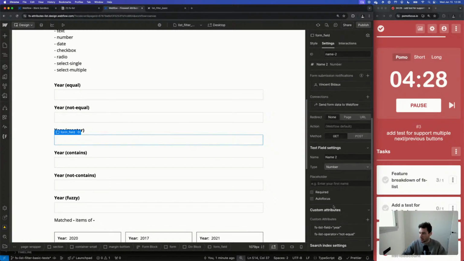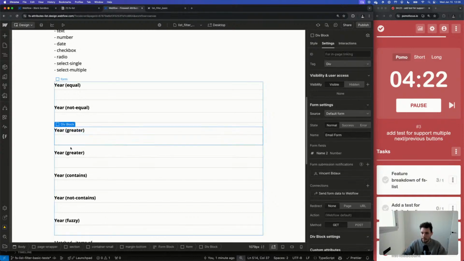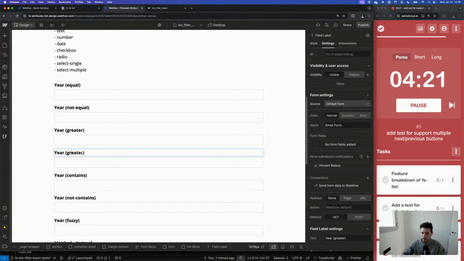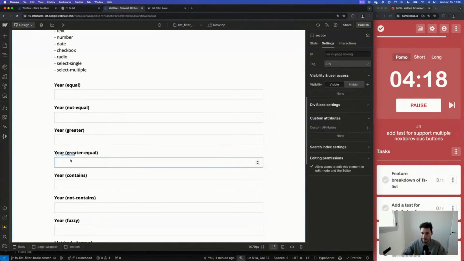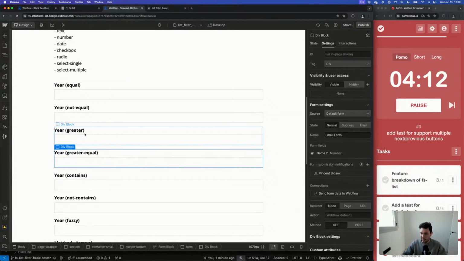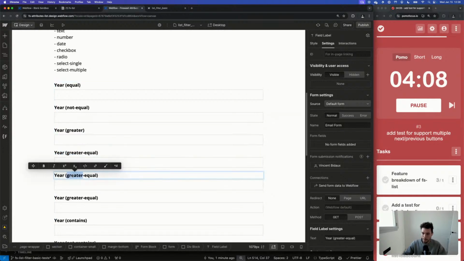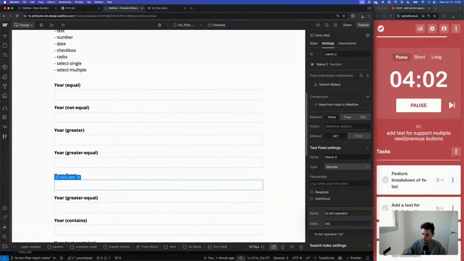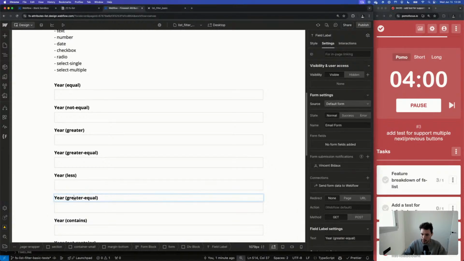Let's do greater equal as well. Greater equal. Less. And less equal.